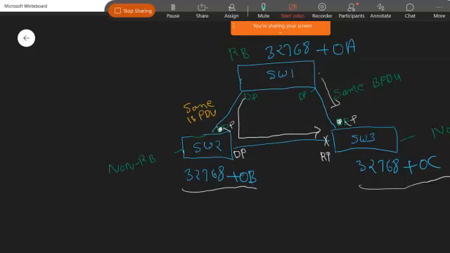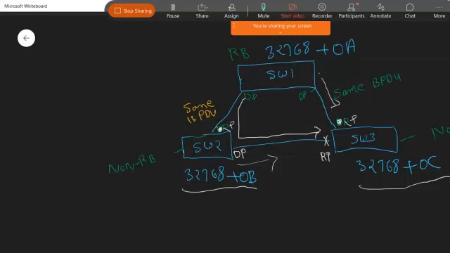So this one is also going to generate, and once it reaches switch number two, switch number two will also check: do I have any DP port to send the same information towards the neighbor? So it will look: okay, I have the DP port, which means I have to send the configuration BPDU towards this. So if my root port election is there,